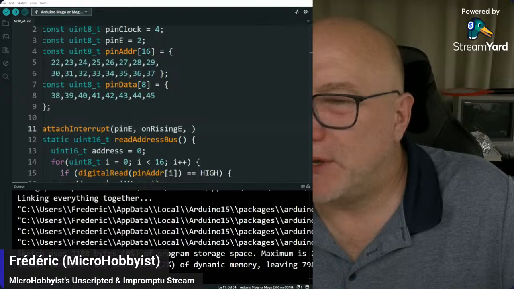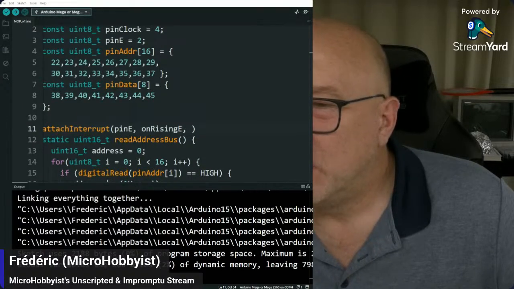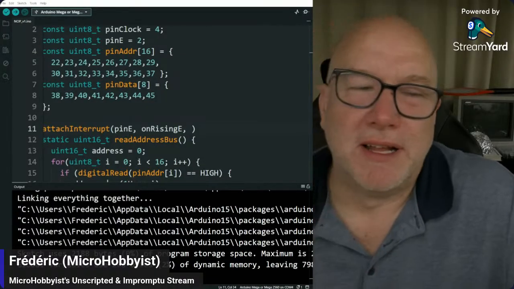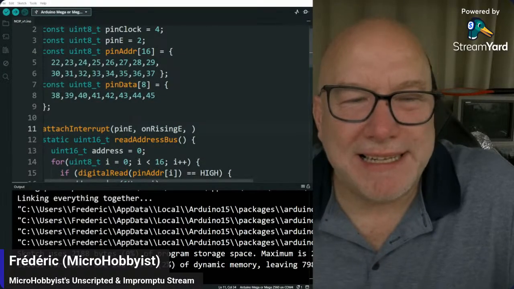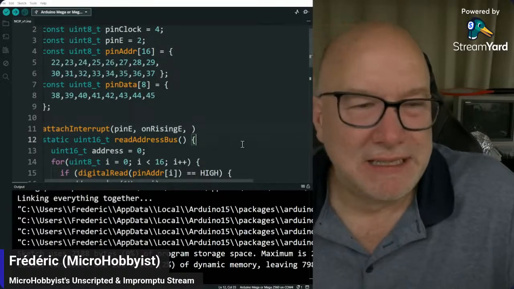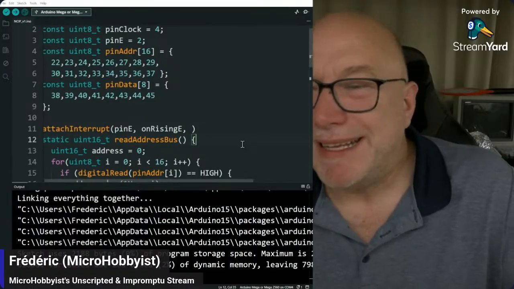Don't you have to call a function to get this from the pin number? Well, yes, I have to create the function. I hate autofill. Well, I love it when it's been 5 years since I've coded an Arduino, right? It helps me remember things. But if you've done it 2 days ago,